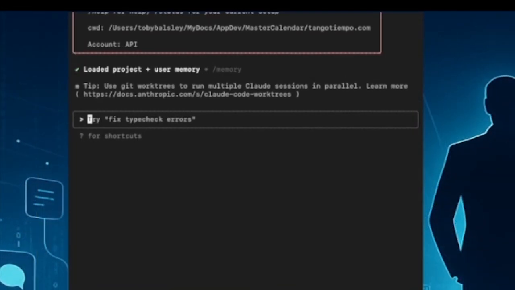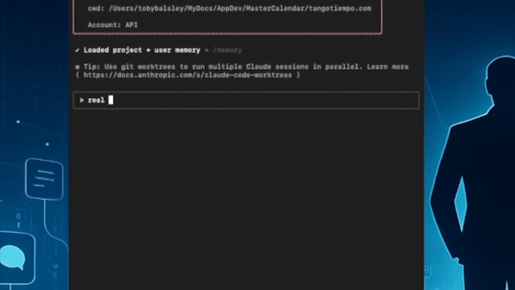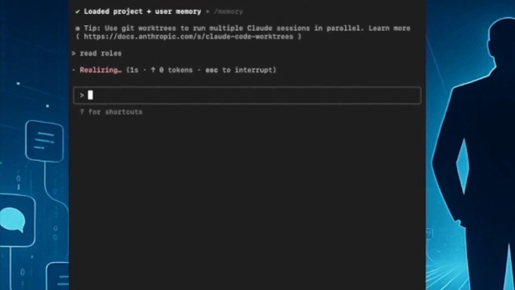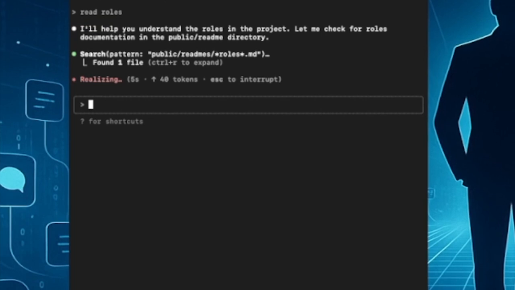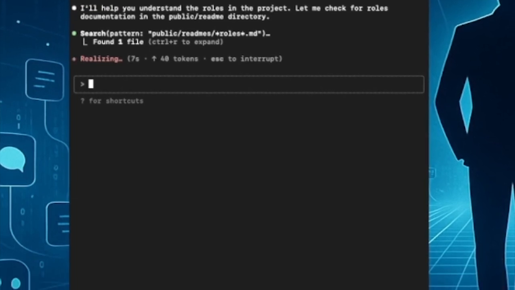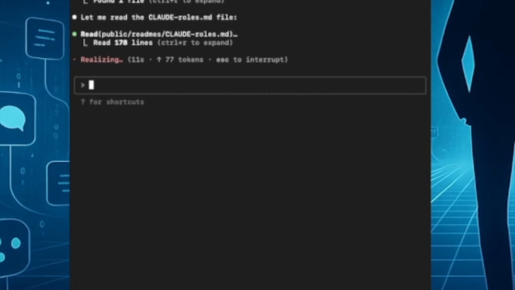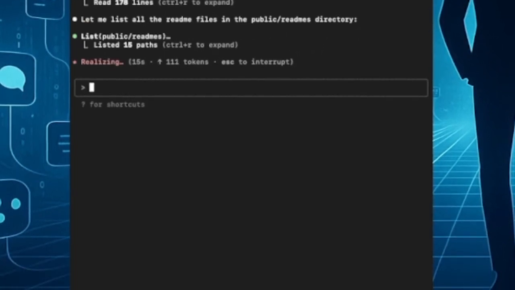See, this is my goal. Now I'm starting Claude. This is a standard Claude Code interface. The first thing I ask it to do is go read the roles. And this is a predefined set of roles that I've defined for this sort of project. Different sorts of projects have different roles, but in this case, for this type of calendar, you'll see the roles that come up. I think I have a builder role, an executor role,